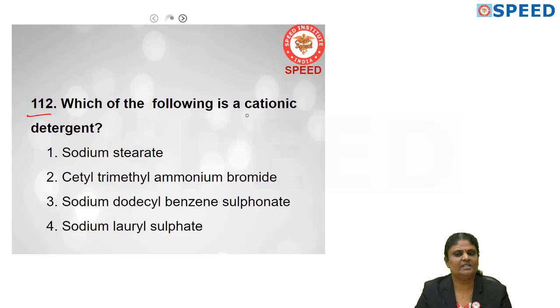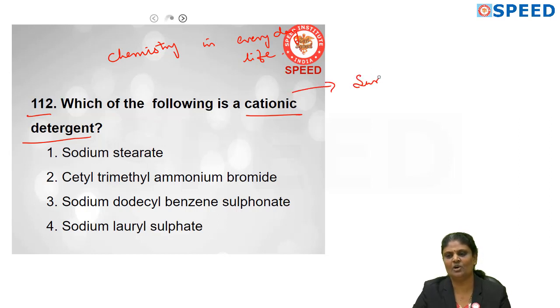So which of the following is a cationic detergent? So this is in chemistry in everyday life chapter. So this is chemistry in everyday life. So again this is also combined chapter. So we studied this one in surface chemistry also. Surfactants, surface chemistry. Okay, so you have to pick cationic detergent, that is sodium stearate and then cetyl trimethyl ammonium bromide, sodium dodecyl